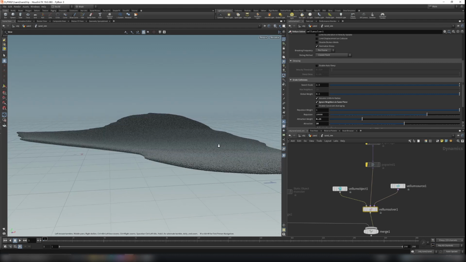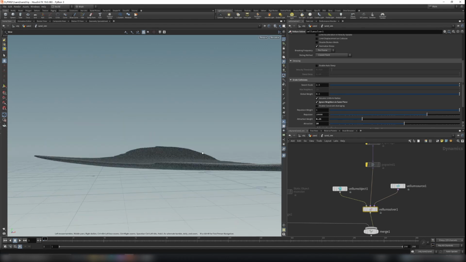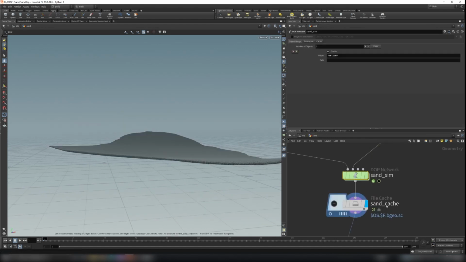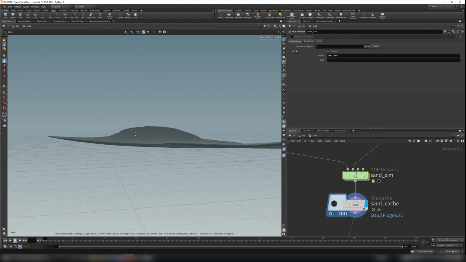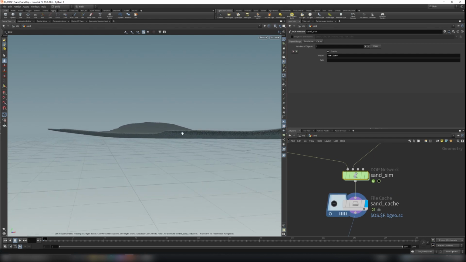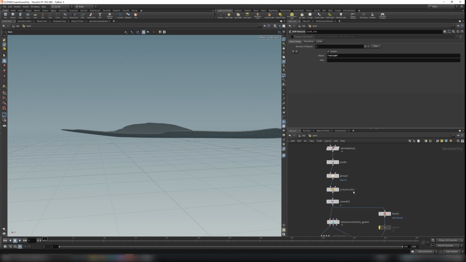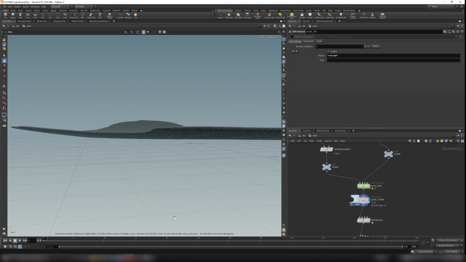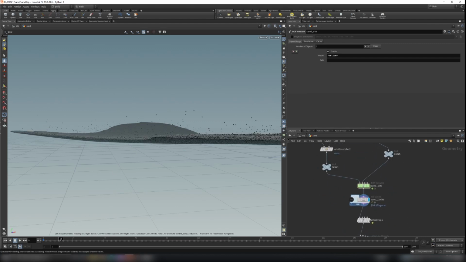But we can't turn it on in our case, because if I go to our sand cache here, we set it using the peak node, so the sand here is above our terrain, and it will simulate because we have gravity, you can see. So now at frame 24 here,